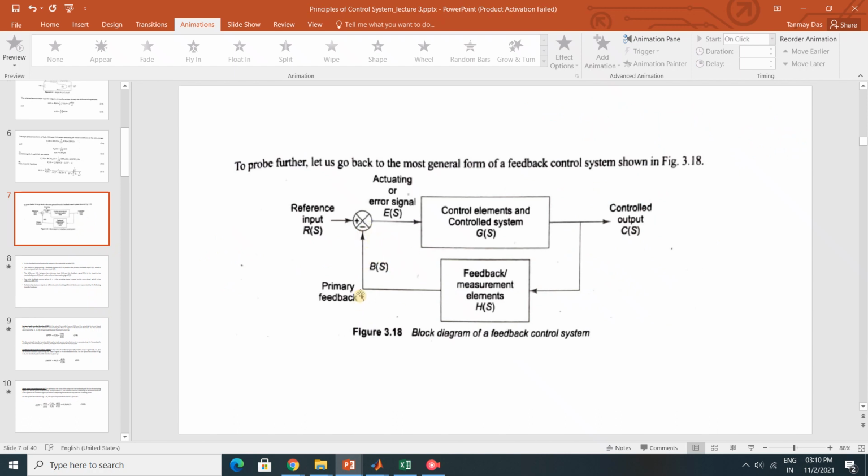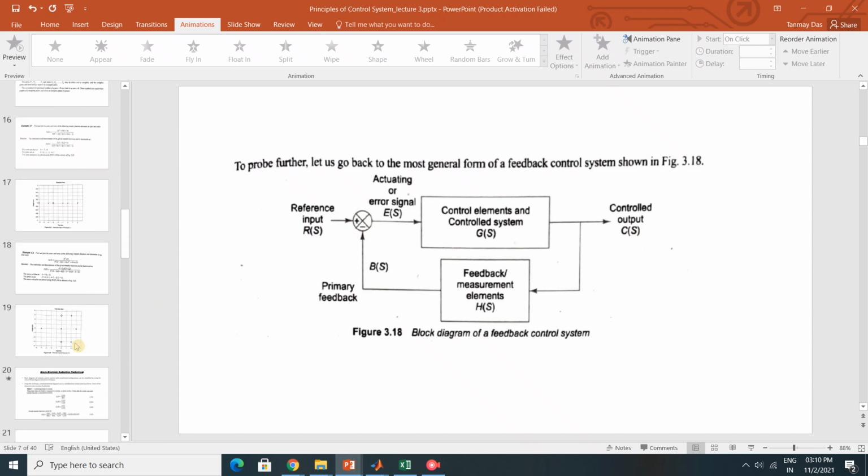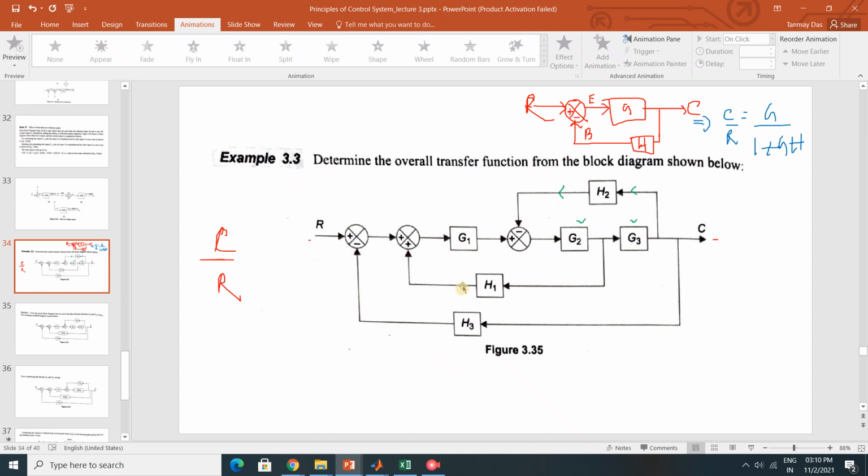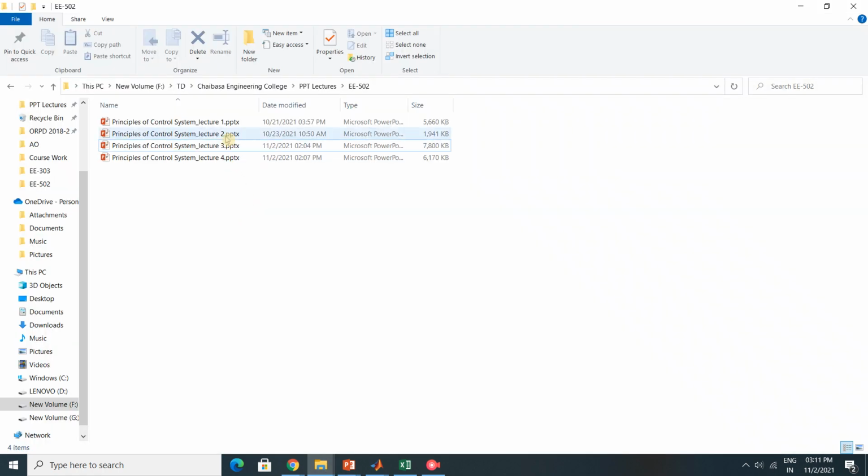Because if you can remember, I have shown in the PPT that if there is a minus sign, it is also a feedback. If there is a plus sign, it is also a feedback. The only difference is the comparison of the input with the output, which differs depending upon the system, because in many systems the error signal is dependent upon the input minus the feedback. But in many cases the comparison is input plus feedback. If you can remember, if you are having both plus signs, then this becomes G by 1 minus GH.